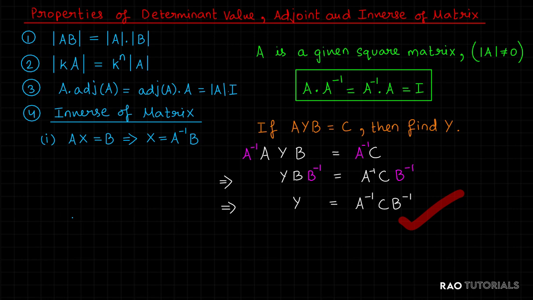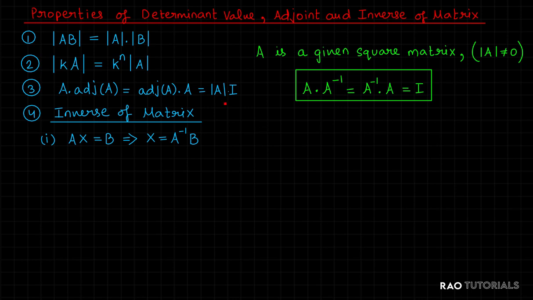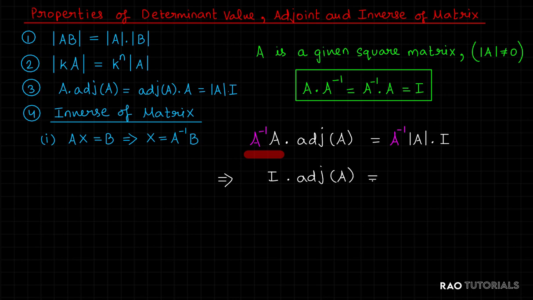So now that we have seen how inverse matrix works, let us derive the formula for it. From relation 3, we have A dot adjoint A equals determinant A into I. Pre-multiply A inverse on both sides. A inverse and A gives identity. Don't worry about determinant of A. It is not a matrix. It is a scalar, some number. So we can place it at first and multiply A inverse with identity to get A inverse.